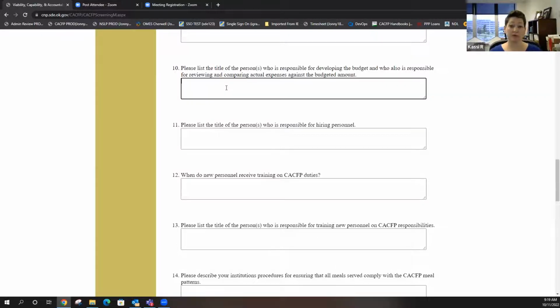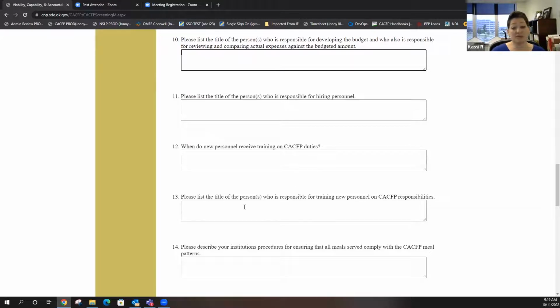This would have rolled forward with last year's information, and you should have names there. Delete them. I'll be the first to apologize to you, because last year if you left a name out, we kicked your form out and said, hey, put a name. Now we're doing the opposite. We do that a lot in CACFP. But take the names out and resubmit this form. We just need to know the title of the person who would be doing these responsibilities.